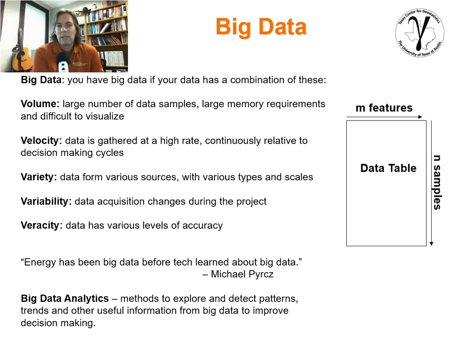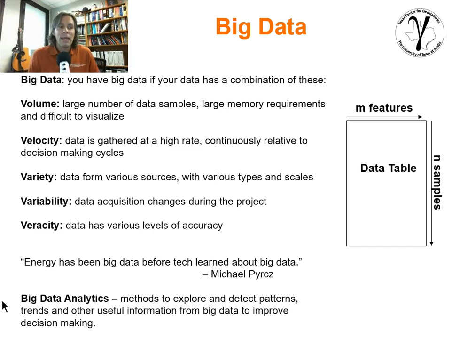Now, I've been to a data science or machine learning meetup, and one of the statements from a participant on a panel was, it's not big data unless it doesn't fit on your laptop. I don't know if that's the right answer. I think a large number of samples, large memory requirements, difficult to visualize is good enough. Another V is velocity. The data is gathered at a high rate, continuously, related to the decision cycles. In other words, you've got to make fast choices. The data keeps coming in, you've got to keep making choices. You've got to do something with the data as it's coming. You've got to be able to update.